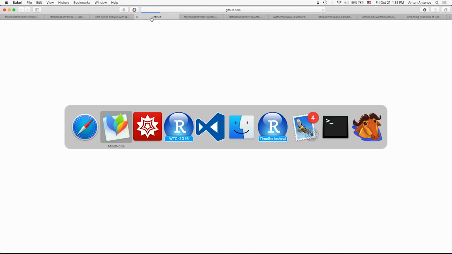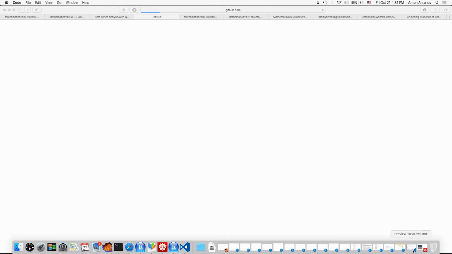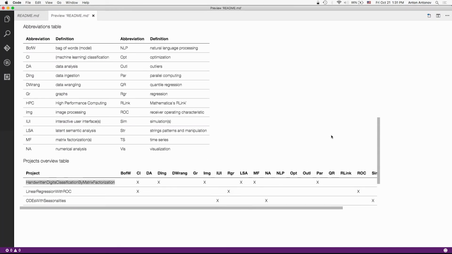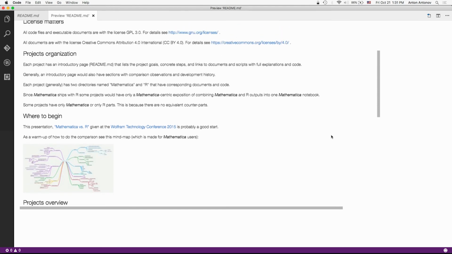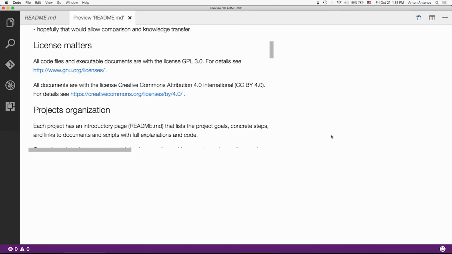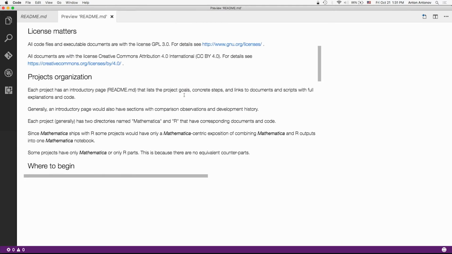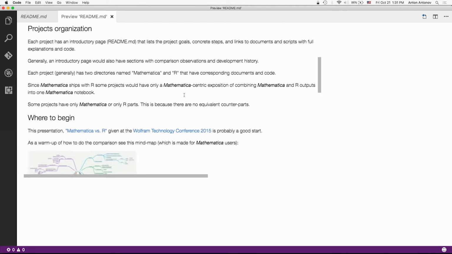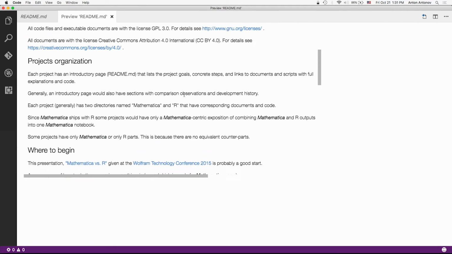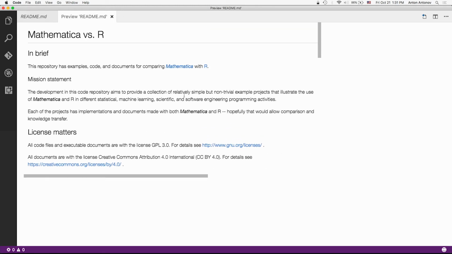while I'm waiting for this to load, we're going to look into what I showed you earlier with this opening page. There's some statement here about what these projects are doing. The mission statement behind this repository is to collect simple but not trivial projects of doing different machine learning and statistical tasks, something like this